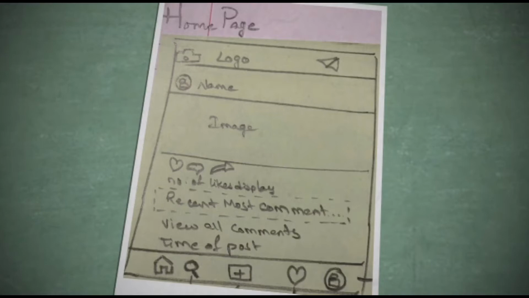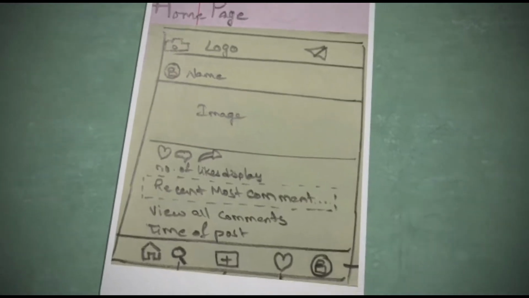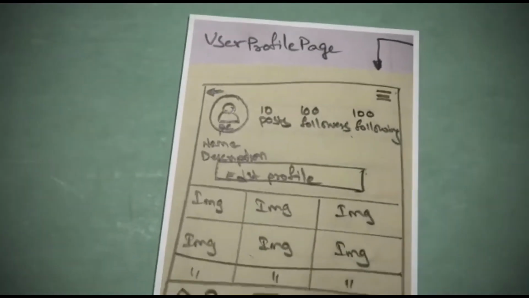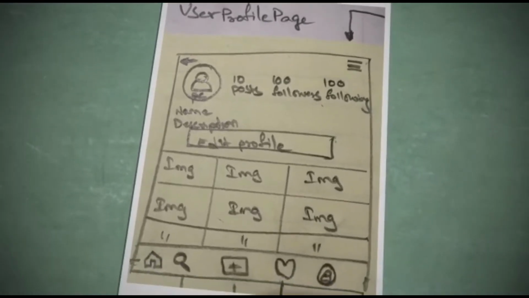If we click on the last icon on the footer, we will be redirected to the user profile. The profile page of the user logged in. The profile page can be accessed from the footer of the application at any time. The profile page contains the profile picture, username, description of the user, number of posts, number of followers, number of people he or she is following. And all the posts of the user are displayed at the bottom half of the screen in descending order of the time of the post.